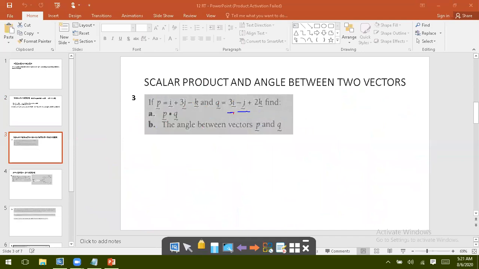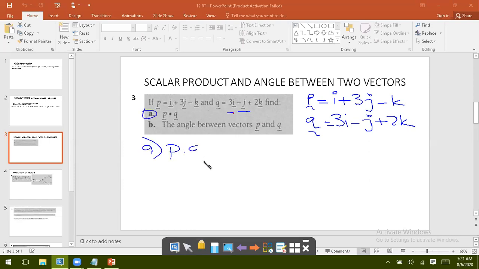All right, Q is 3i minus j plus 2k. So the question is to find the scalar product. The first question is what is P times Q? How will we find the scalar product? We will multiply I plus 3j minus k by 3i minus j plus 2k. All right, it's already 20 minutes. I will leave it here. The next 20 minutes, we will